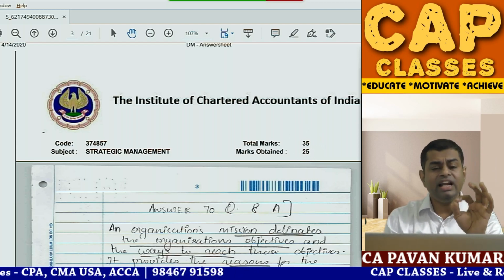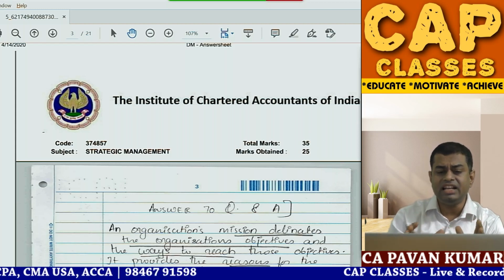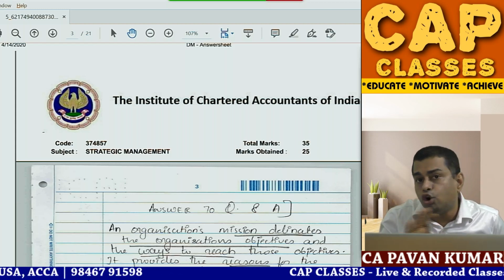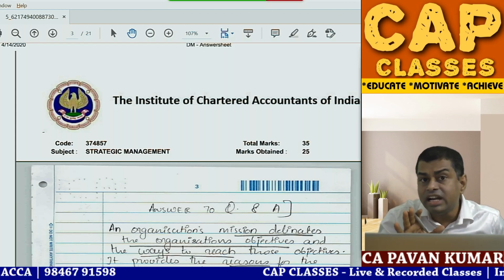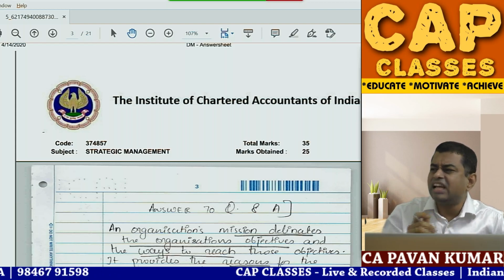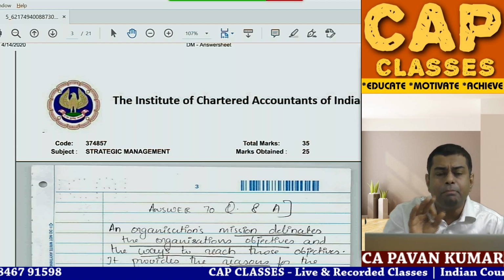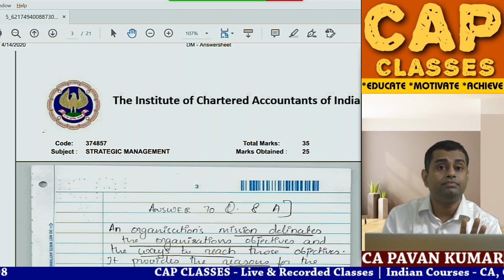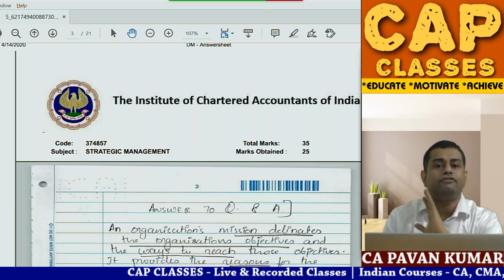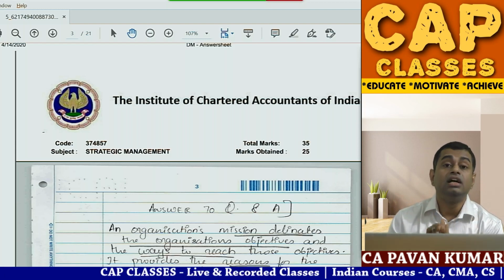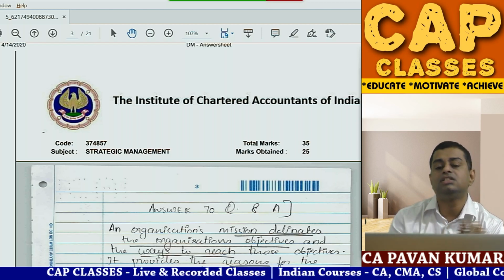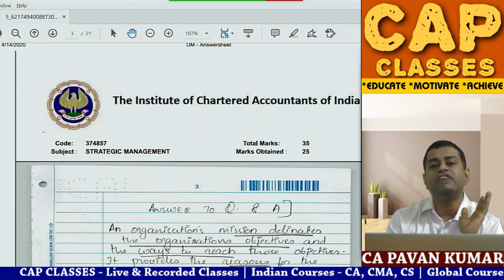Trust me, it is not that he has verbatim reproduced whatever is there in the ICAI study material. No. He has not by-hearted it completely. He has not written verbatim, as-it-is stamp answers. A decently written answer paper, but not a copy of ICAI material. That means even without by-hearting answers, even without mugging up the answers, you can get 20, 25 marks.